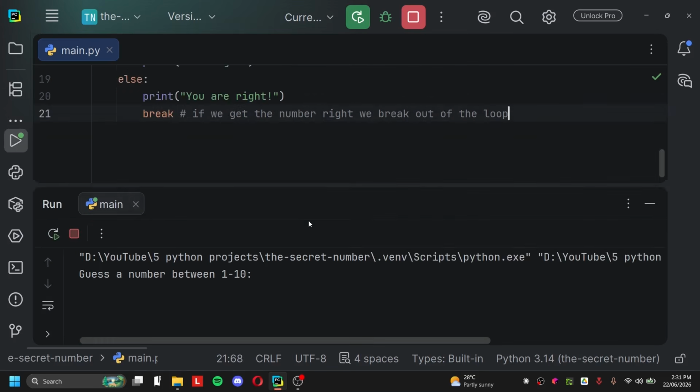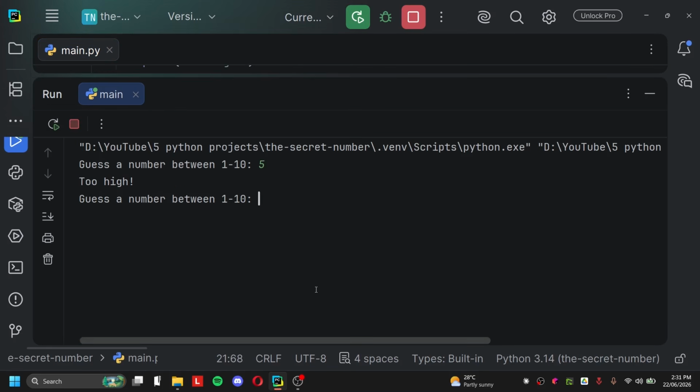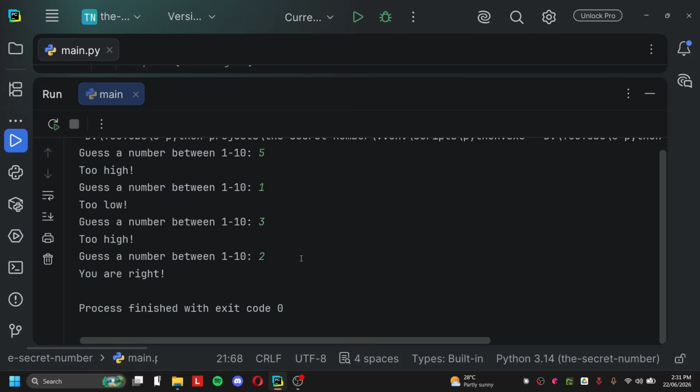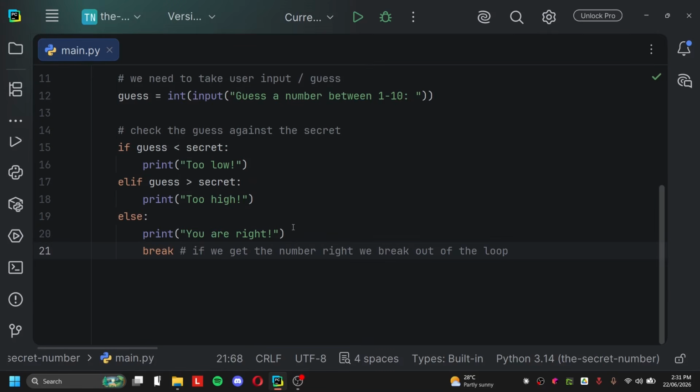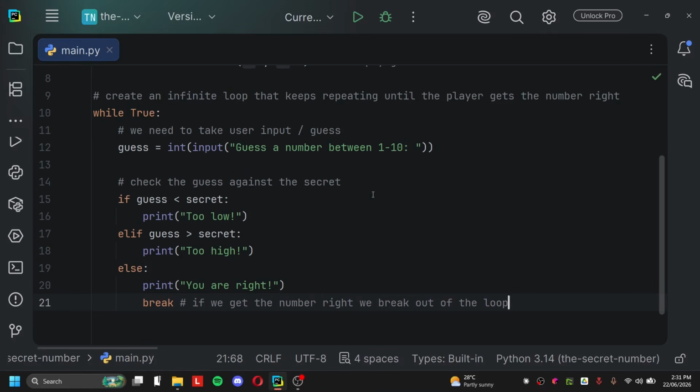Now, when we start it, we can start guessing our number. So let's guess 5. It said too high, so it has to be something lower. Let's guess 1. It says too low, so it's something between 1 and 5. Let's say 3. Too high, so it must be 2. And it says you are right. As soon as we're right, our process exits with exit code 0. So we basically put it in an infinite loop that will keep on running, taking guesses until you get it